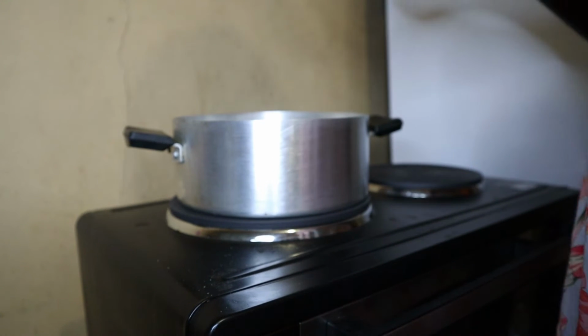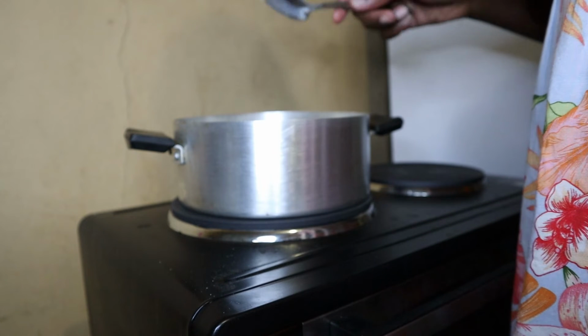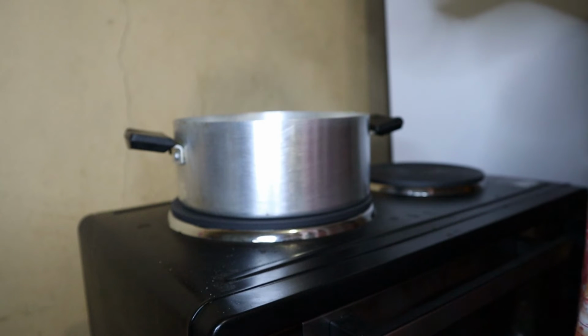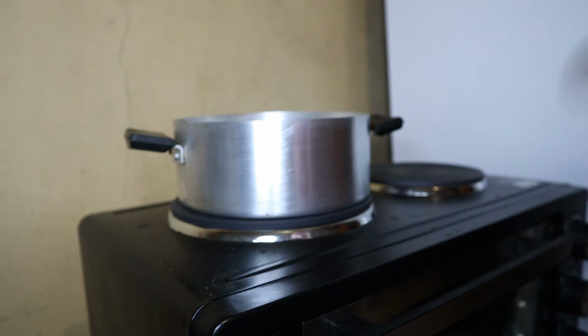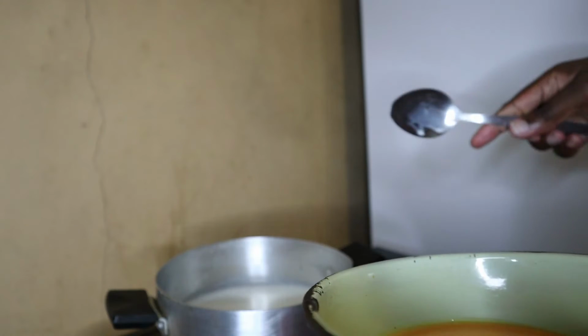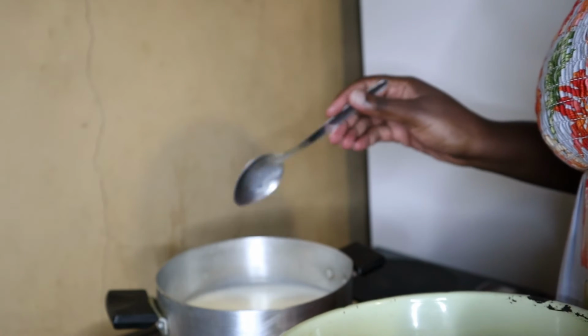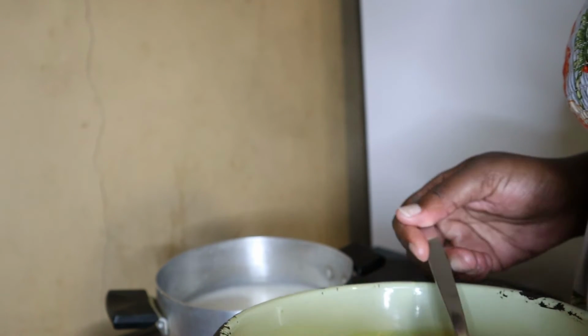So my milk is starting to boil. I removed the lid because it might spill as the milk is already warm, and I also lowered the heat on my stove because I put it on high to help the milk boil faster. So the milk is already boiling, it has bubbles. Now I'm gonna pour